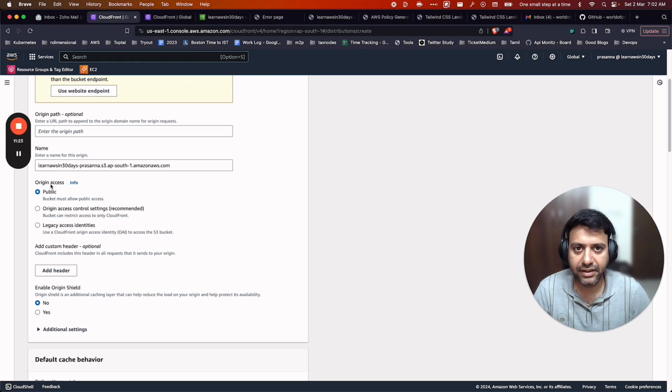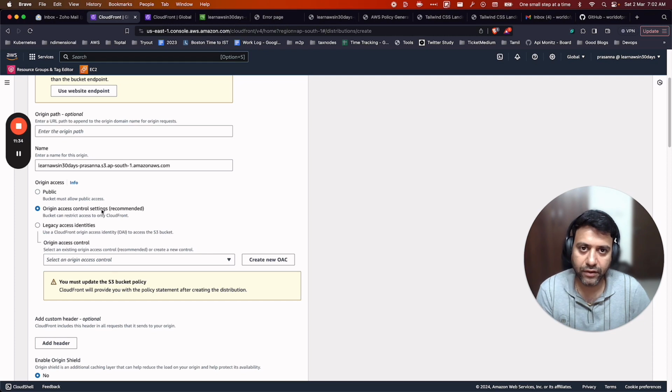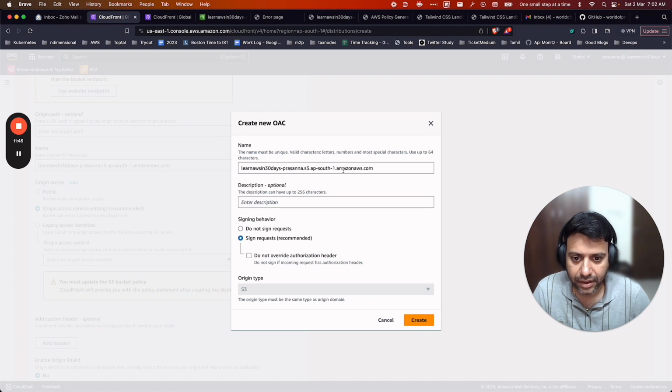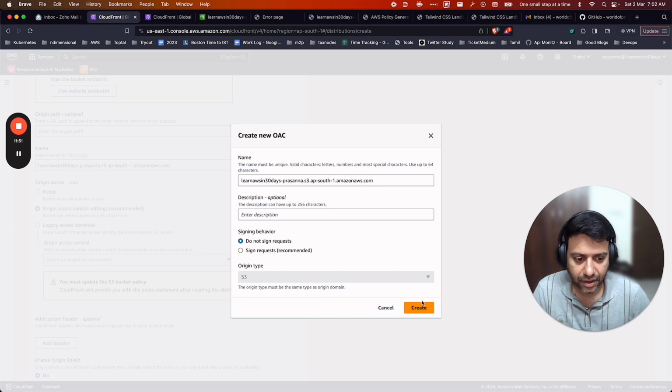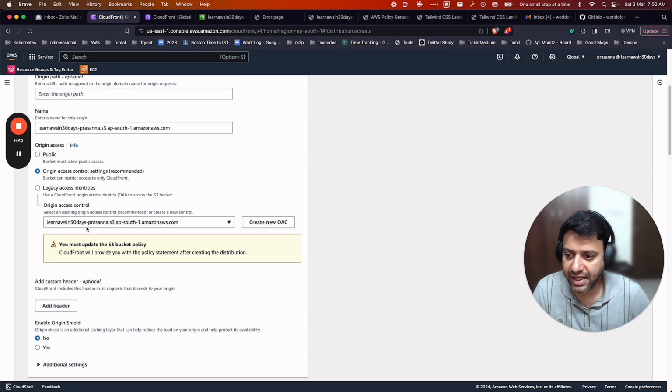And origin access. There are three ways in which to set up the access between CloudFront and the S3 bucket. We want to set up in the recommended way, which is origin access control settings. If you remember, this is what we mentioned about the IAM policy. So we have to choose origin access control, and I'm going to create a new OAC. This is fine. I'll just say do not sign request. Okay, so this new origin access control got created, but you can see a warning message that you should